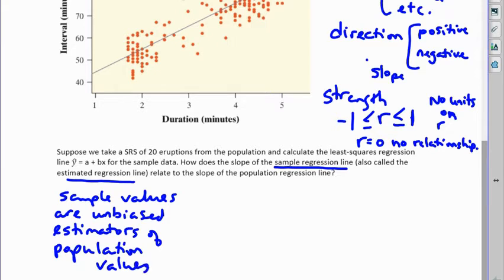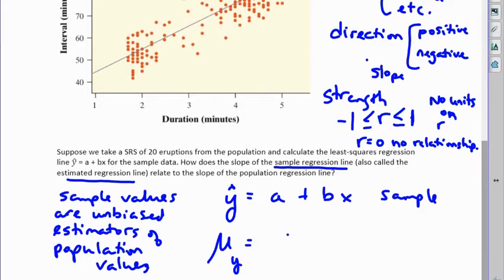So I'm going to write the equation as a sample. I would have my y hat is equal to my a plus my bx, and that would be for a sample, but then there must be population symbols for this. So mu for the population, and then if you look on your formula sheet, they don't have it, but anyway, okay, mu for the population, and then alpha in Greek is that symbol that we were using for our significance levels,